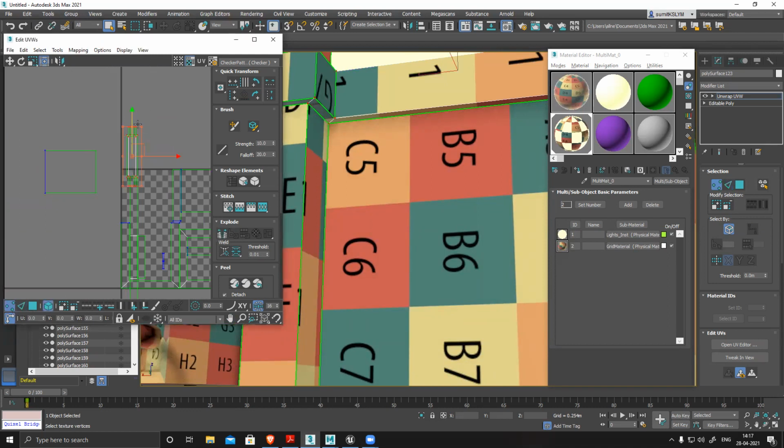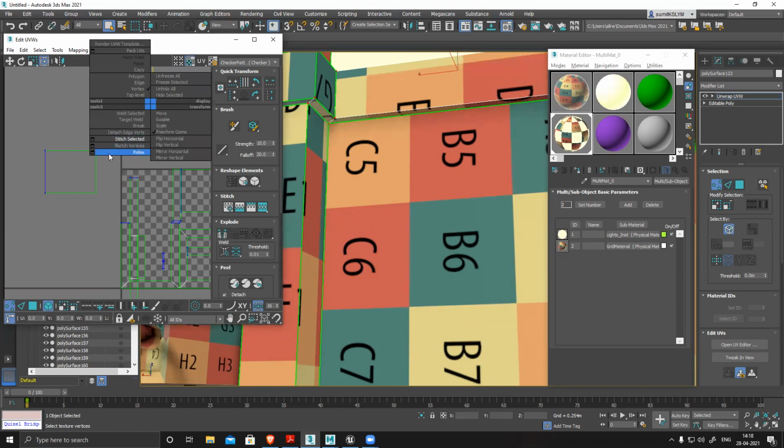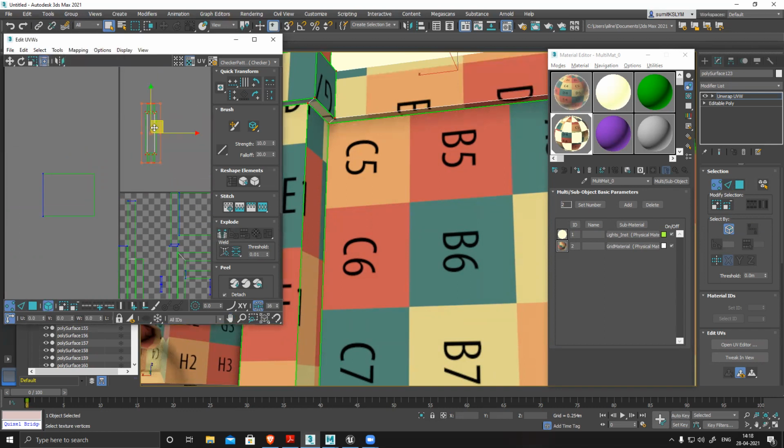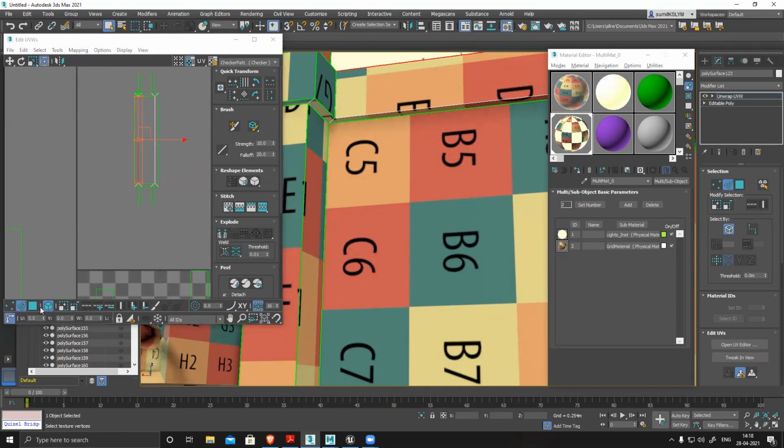Element selected, and right click, relax it. It's 100% relaxed already.